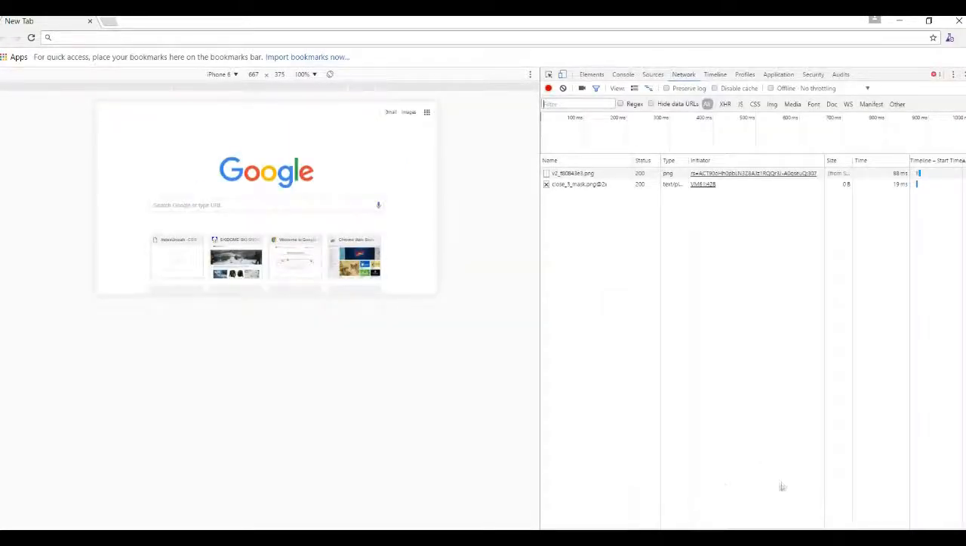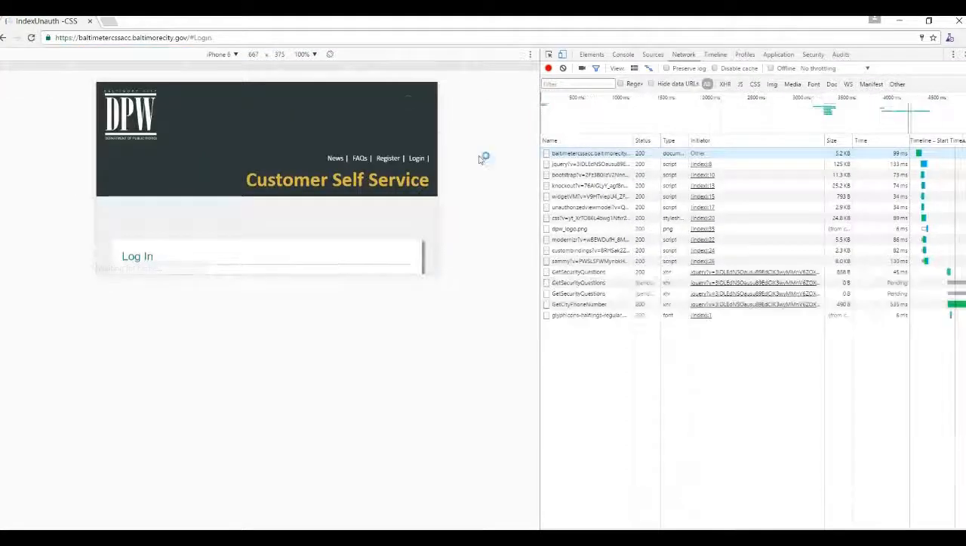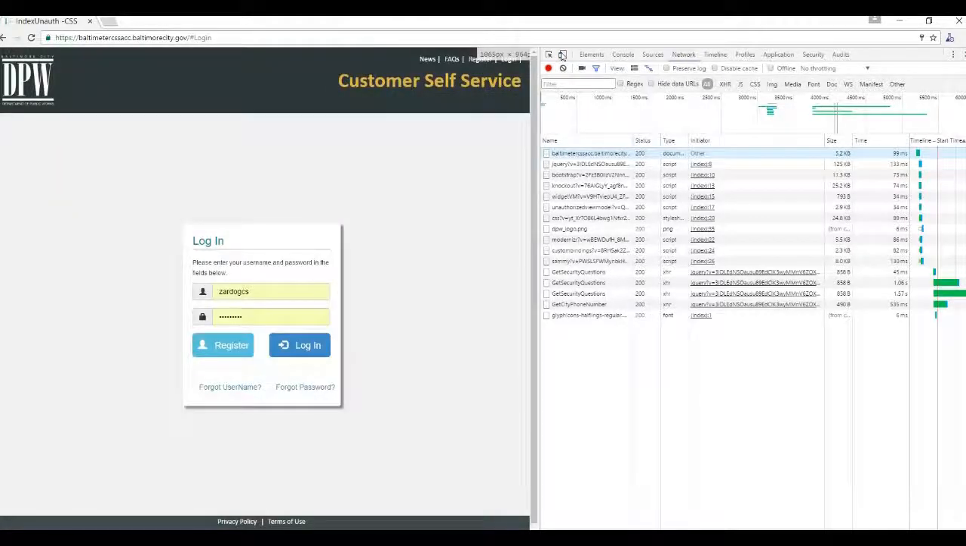Okay, so what I've done here is brought up Chrome, brought up the F12. What I'm going to do is go ahead and put the CSS URL in there, which you can see I just did. I'm not really necessarily worried about the timings, but what I want to show you is when I click here,